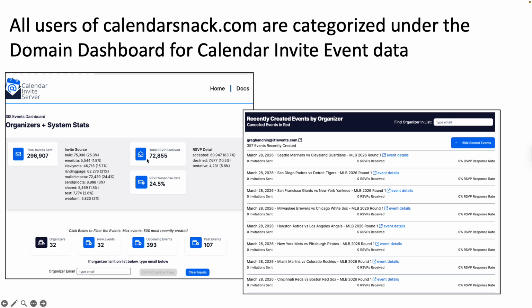We received 72,000 back from the wild. This is a data collection of our current free product that we're testing and constantly improving, and it shows that we've had 4,000 customers globally use this product. And specifically, we can homogenize all the independent organizers downstream under one OU, if you will, under the domain. And we have a very elaborate reporting system. I won't go into too much as I'm going to shut down the